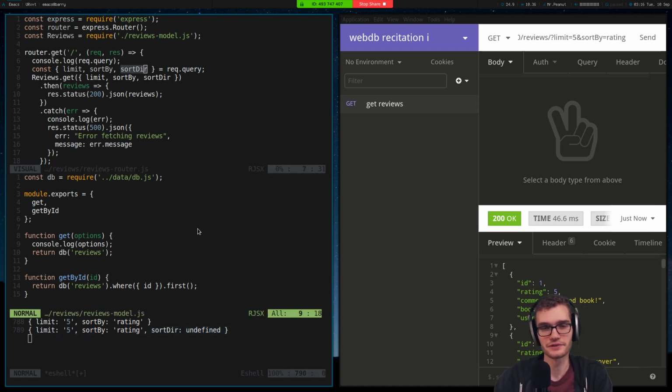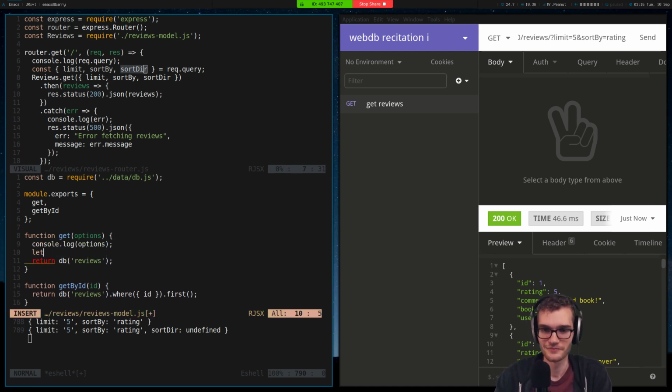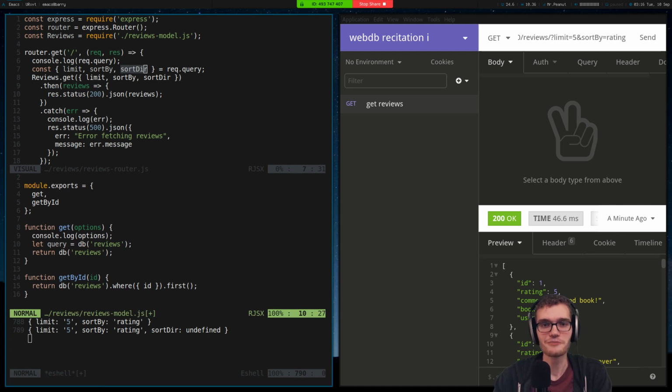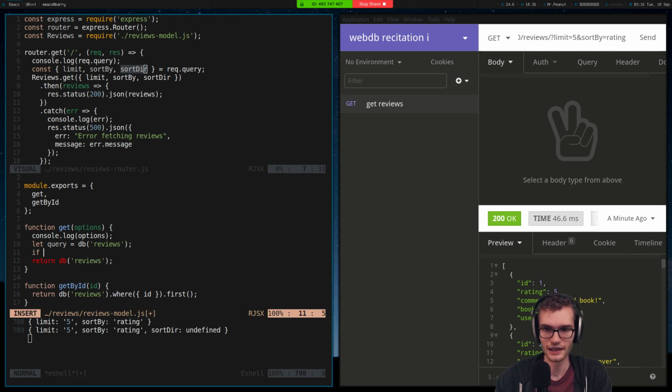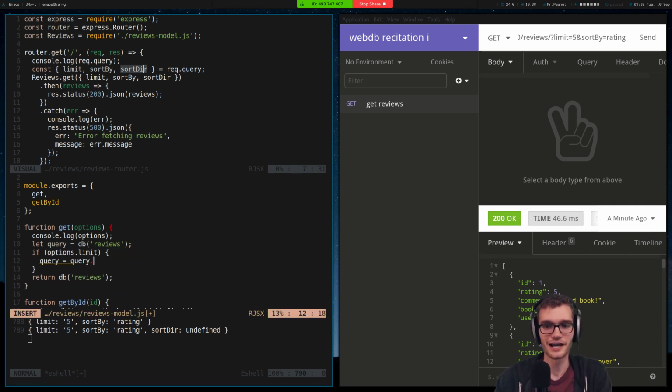And now I want to handle these in order to build up my query, because we can treat our query like any other JavaScript variable. What I can do, and I want to leave that there, is I'm actually going to create a let variable, it's mutable, and I'm going to set it equal to my DB reviews. And then I'm going to change it based on the values within options here. So if options.limit exists, then what I want to do is modify my query. And I want to add to the end of the query limit. And I want to set its value to